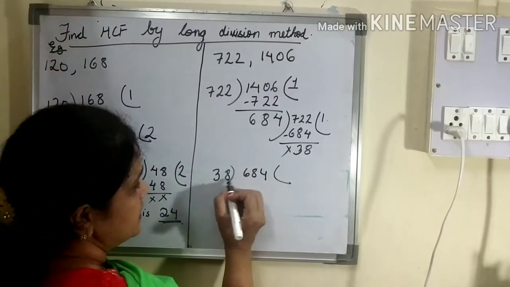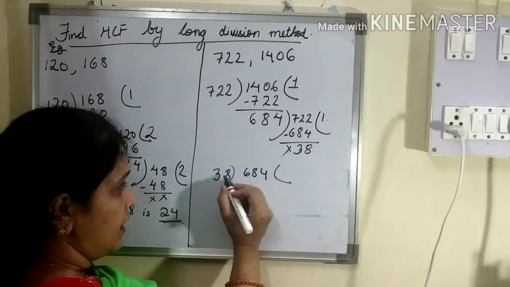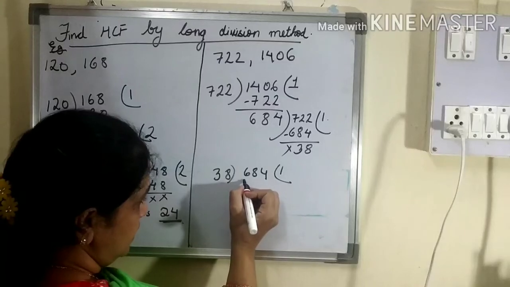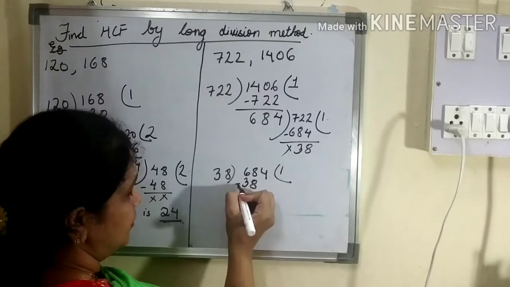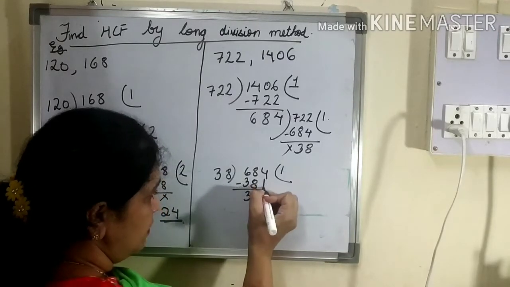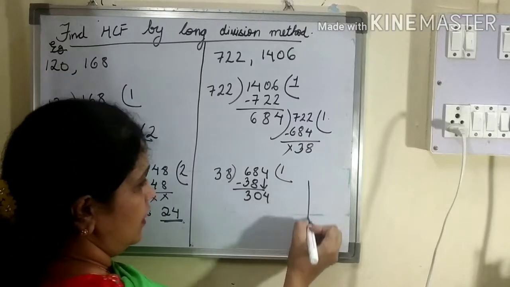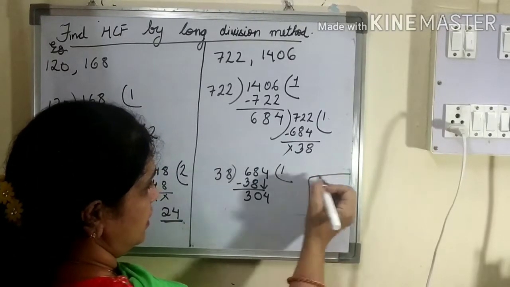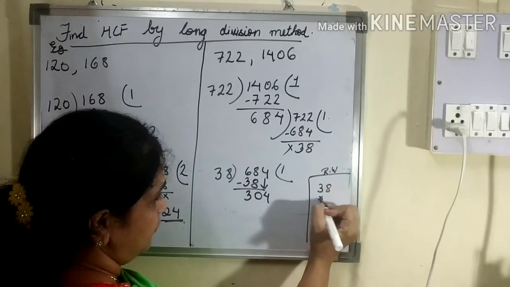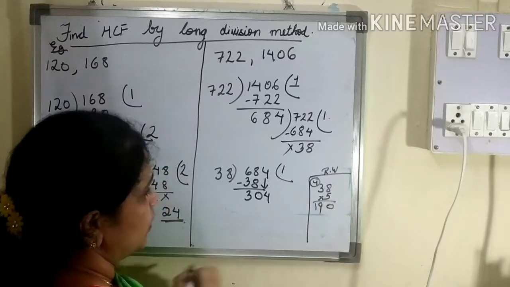Now, since this is a 2-digit number and this is a 3-digit number, and the first 2 digits are greater than the divisor, so it will go by 38 ones are 38 only. Okay, 8 minus 8 is 0, 6 minus 3 is 3. Now I will bring down this. Now you can do the multiplication in the rough column. 38 if I do by 5, 5 8s are 40, 5 3s are 15, plus 4 is 19, it comes 190.